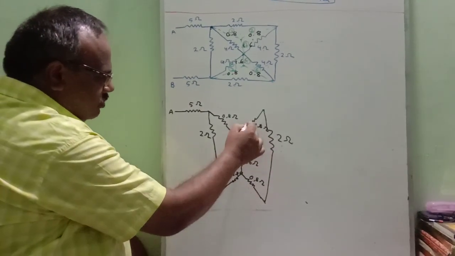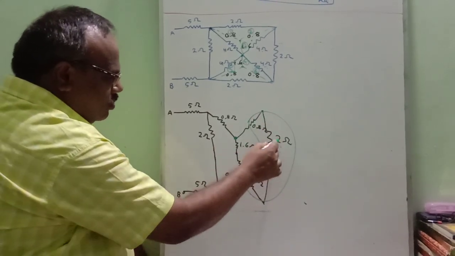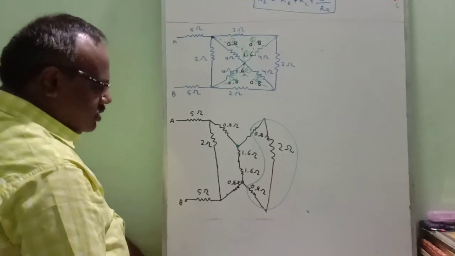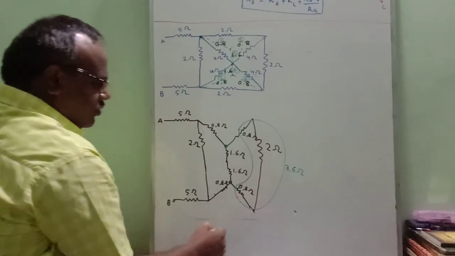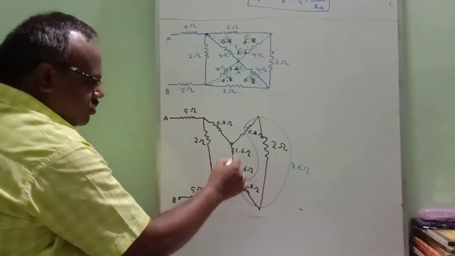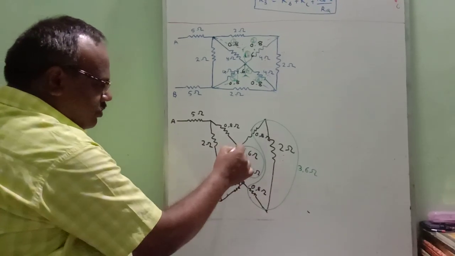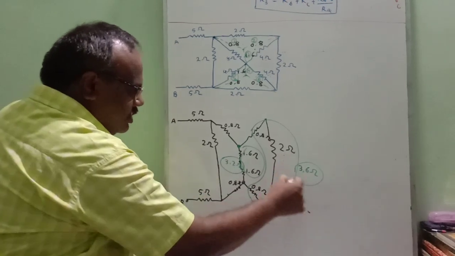So this will become, these three are in series. So this will become 2 plus 1.6, so it will become 3.6. And these two, that is 3.2. Yani in between these two points, these 3.2 and 3.6,